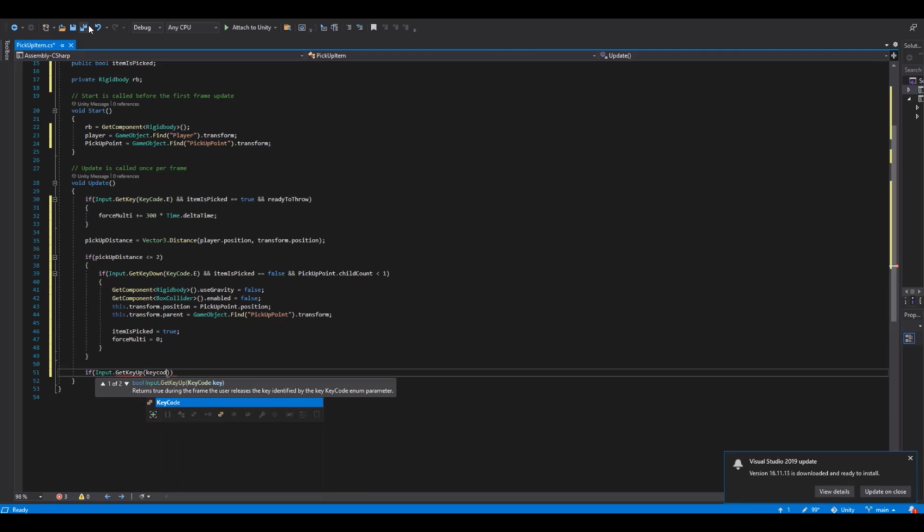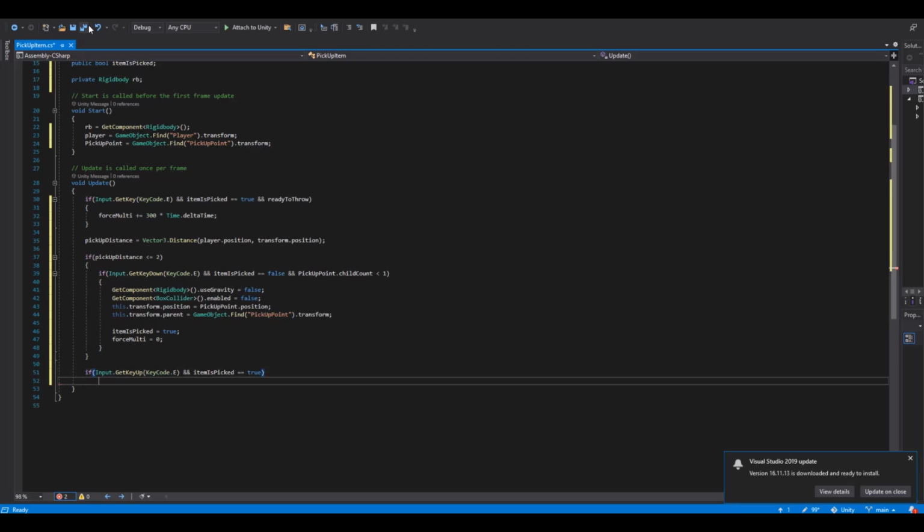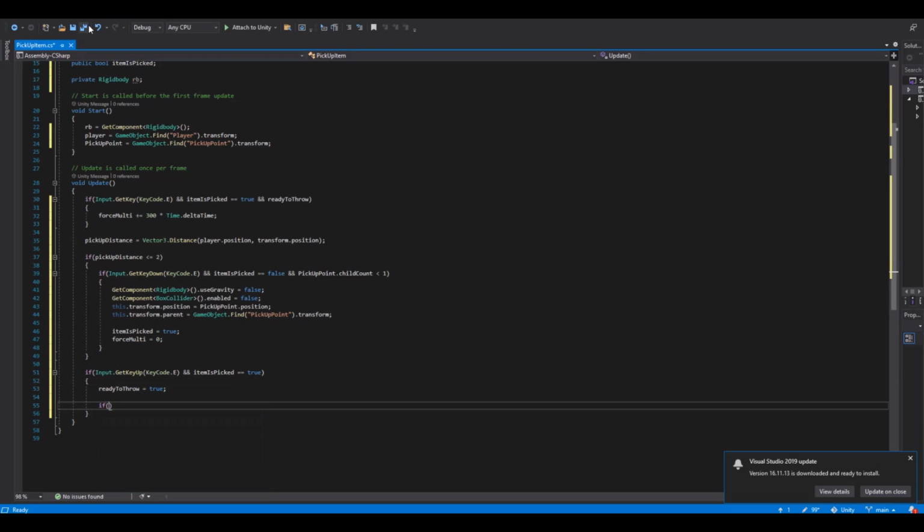And here again, it's the key code dot E, and the item is picked. Then ready to throw is equal to true. And if our force multiplier is greater than 10, then